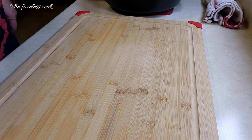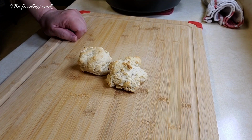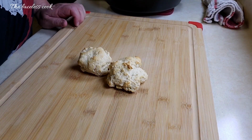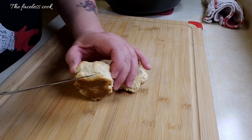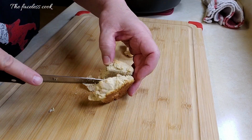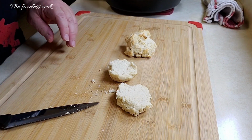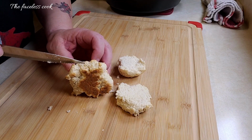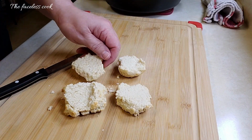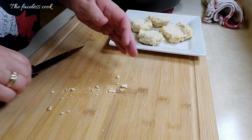okay, let's get a couple of nice biscuits here. And we're going to, let's see. Oh, a little unprepared for that part of it. Okay, so anyways, we're just going to get into these biscuits like this. If they crumble, that's okay, because, hey, listen, they're going on a plate, right? Okay. And we're going to do that. All right, so let's stick these on the plate right now. And then we're going to